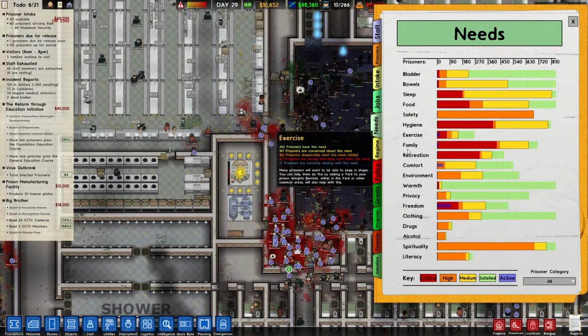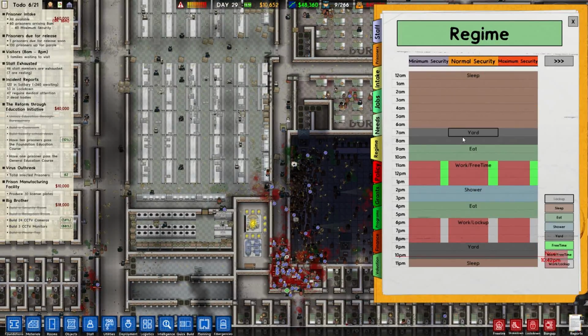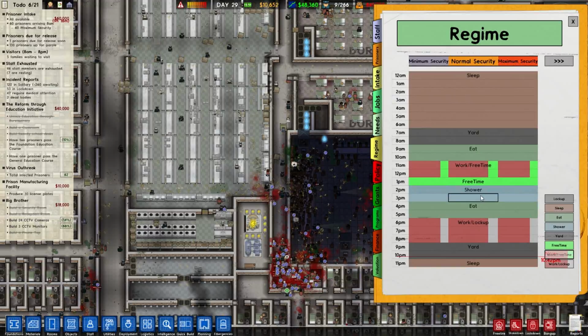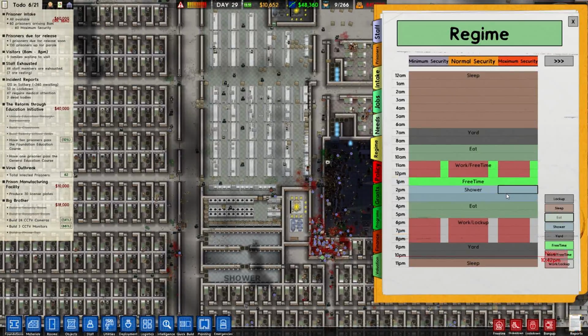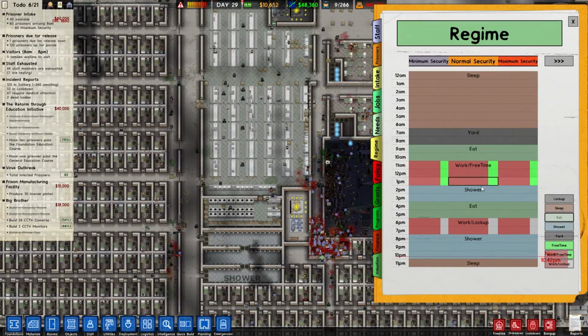We have several prisoners who are furious about these needs. I wish there was an option for yard/free time. I guess we could just do free time here. Everyone will get free time, and maybe they'll be able to use that to shower. Maybe, just maybe. Actually, what if we put shower at the end of the day? Let's try that. So they have 2 meals today, and then we're just going to do free time in the